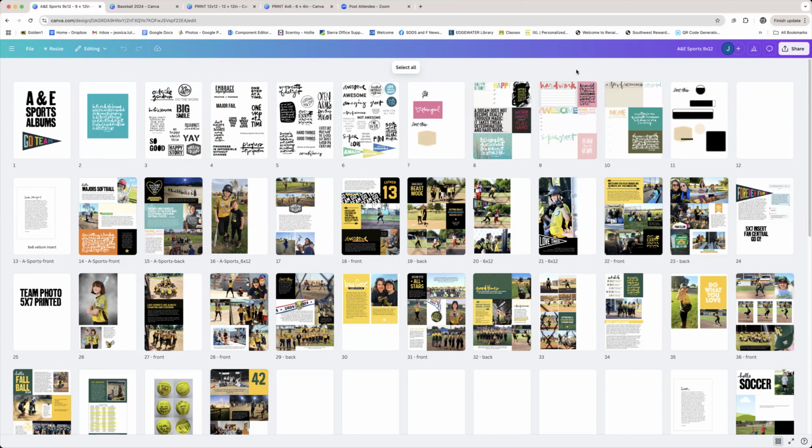So I chose a 9x12 album. I needed it to be able to hold years worth of stuff and have a variety of page protector sizes that could be added. And I love that you can add in 6x8, you can add in 6x12, 4x8, a variety of page sizes. So I chose this size. So then the next step was, once I knew what size album I was going to use, I created the Canva file. And I just went to new, custom size, 9 by 12 inch file.